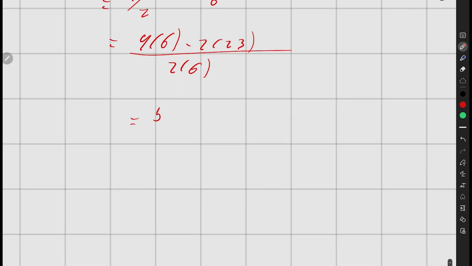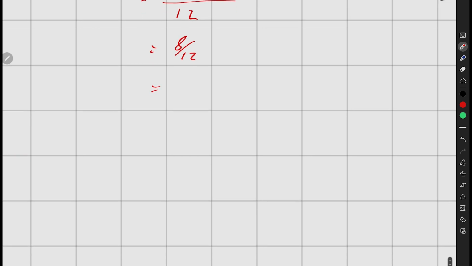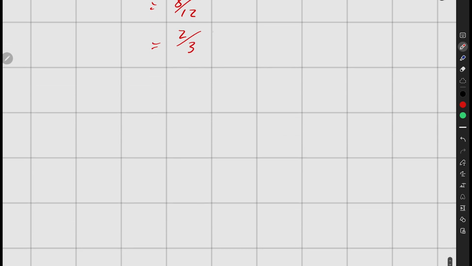It's going to be equal to 54 minus 46 on 12. It's going to be equal to 8 on 12, which is going to be equal to 2 divided by 3. Okay, so that's equal to 2/3